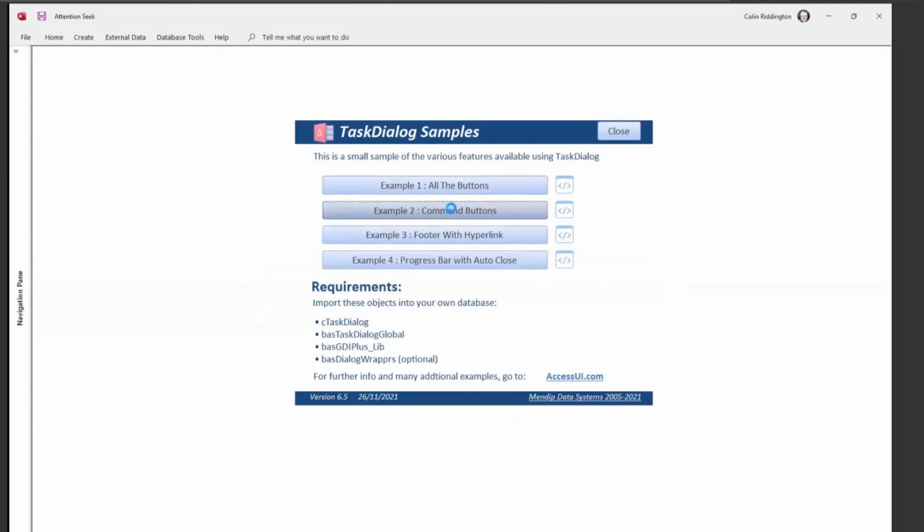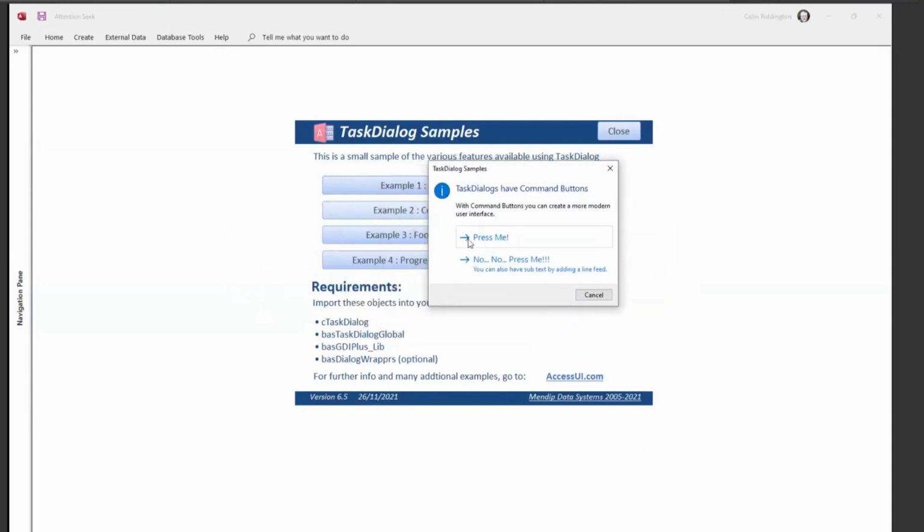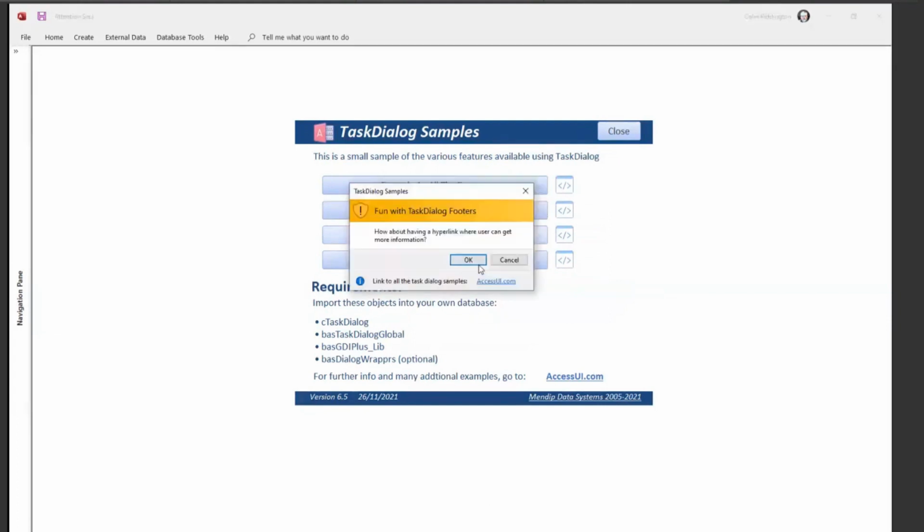You can have what Kevin calls command buttons, which are a slightly more modern interface here. Press me. No, choose me instead. More impressive, you can have a banner again, different badge. You can actually have a hyperlink where you can get more information, and that would take you to, in the footer section there, would take you to the same website I've shown you before.